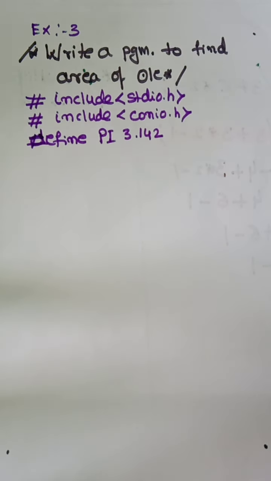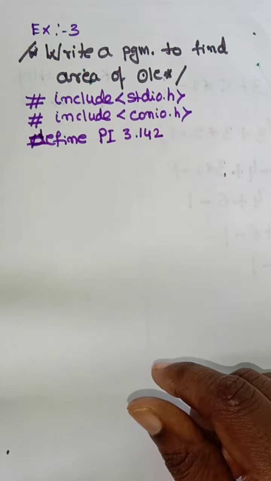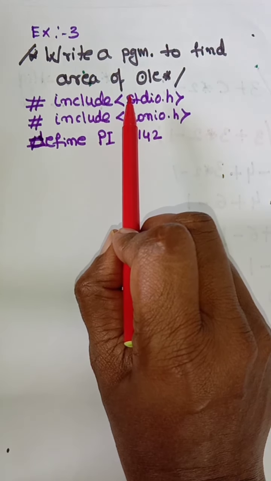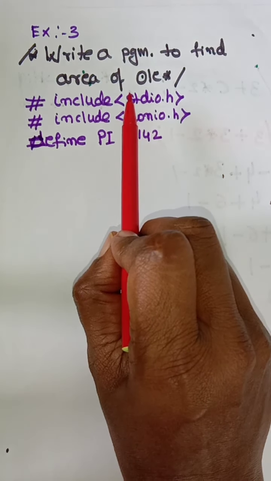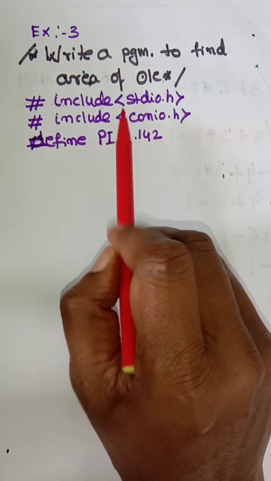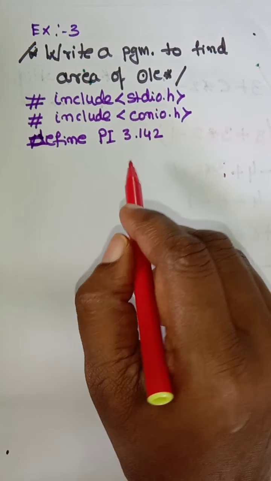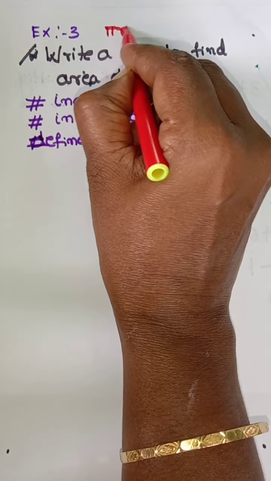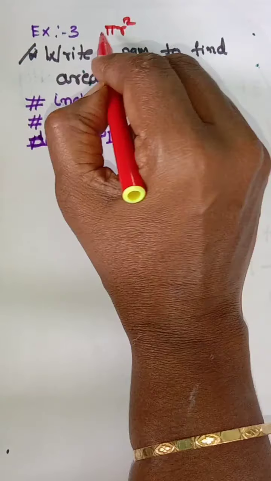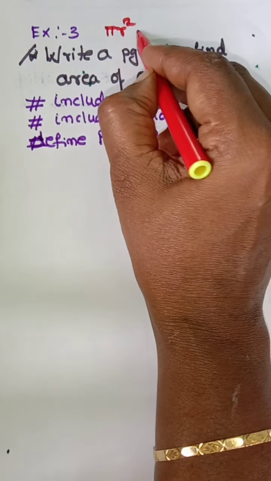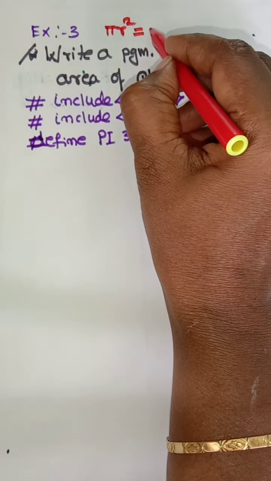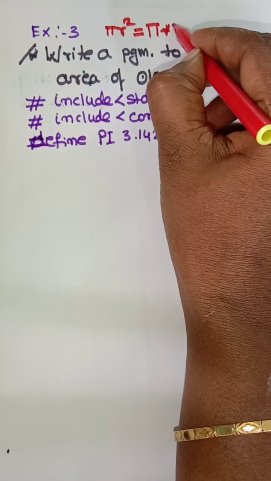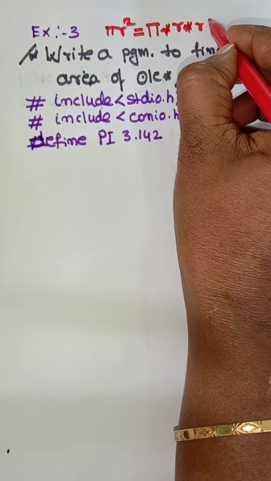Okay. Using the define, I want to write the program for area of circle. Whenever you are writing the area of circle, you should know the formula, correct? What is the area of the circle? I think all of you know that area of the circle is given by pi r square. This is our simple algebraic equation. If I want to write this in C, then you are going to write pi asterisk r asterisk r. Just now I have explained you.